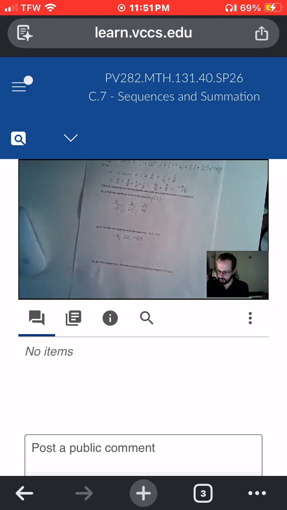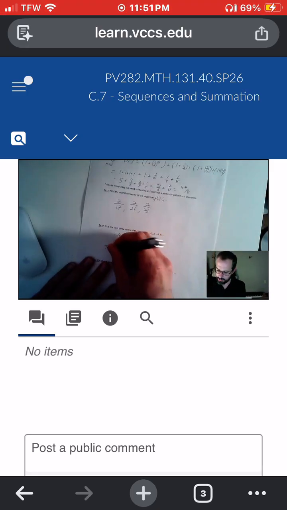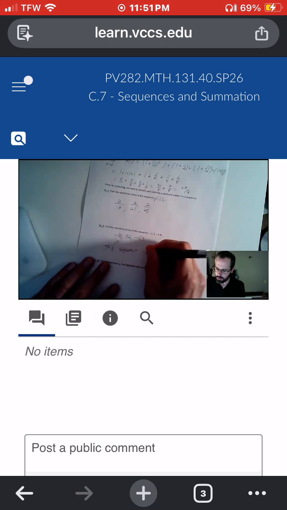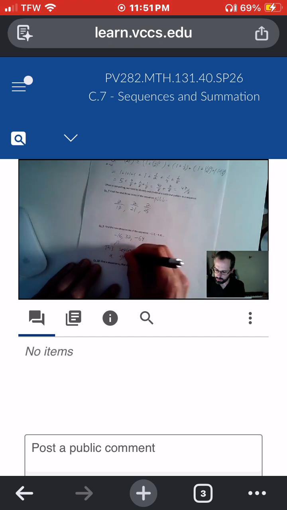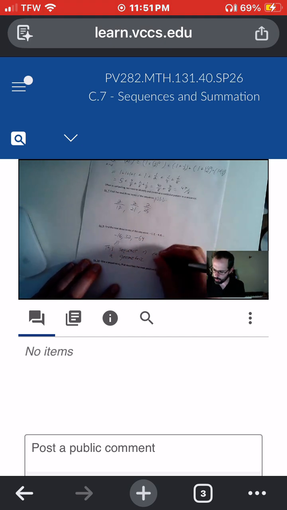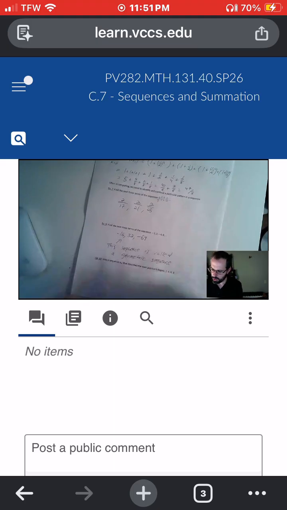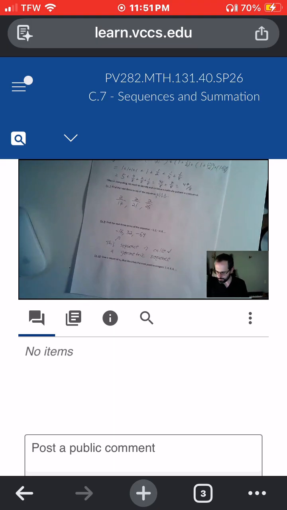then -64. There actually are ways that we could describe a formula that would give the nth term of this sequence. If you're curious about that, we can note that this type of sequence is called a geometric sequence. They actually have a lot of applications and properties. But again, I'll just introduce the name and you can explore that more as needed. One last problem. Let's go ahead and come